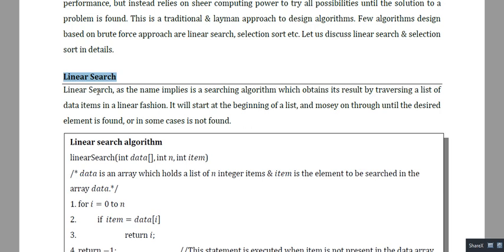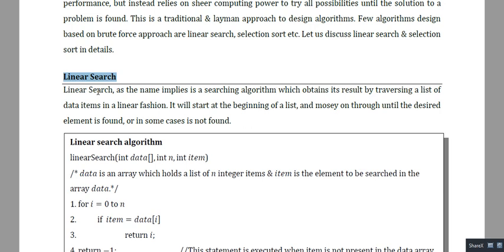Now what happens in this linear search: a list of items will be there, and the item we want to search for will be compared with the first element of the list. If they do not match, then we compare the item to be searched with the second element of the list. Again, if they do not match, we compare the item with the third element of the list, and so on.